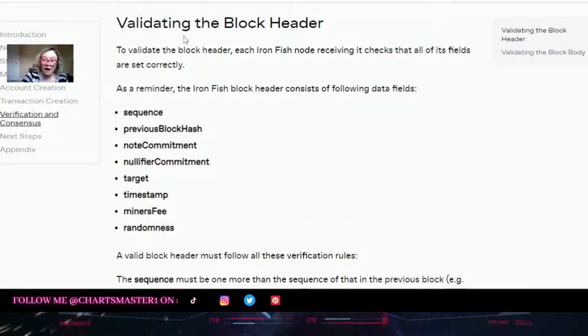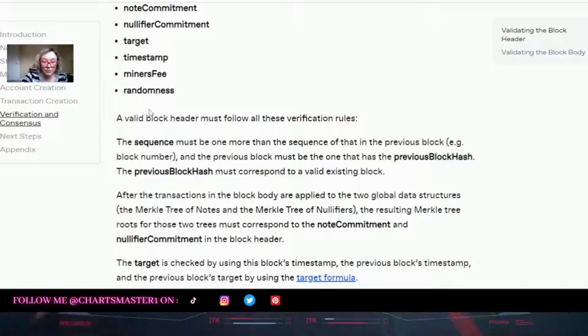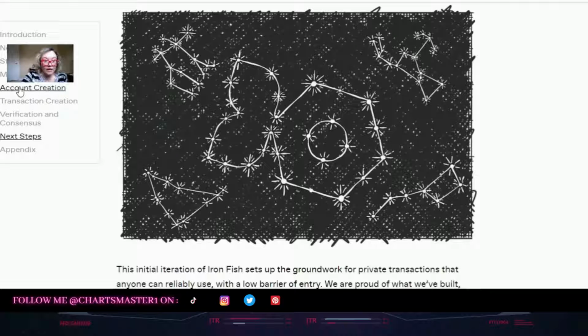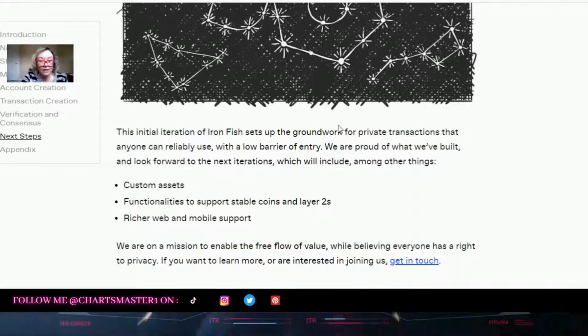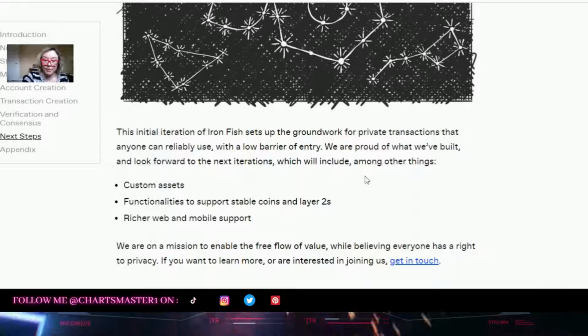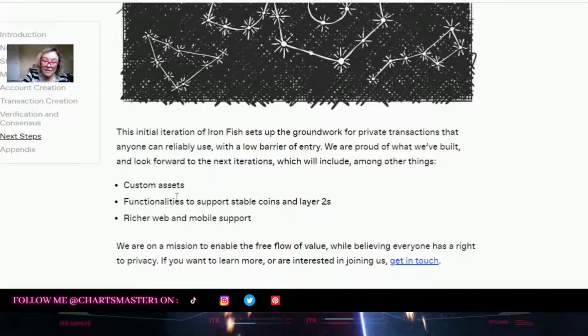So they have their certain sequence that they use to do this. So what are the next steps? After we have created an account, transaction creation, verification, consensus, and next steps, the initial iteration of Ironfish sets up the groundwork for private transactions that anyone can reliably use with a low barrier of entry. They are proud of what they've built and look forward to next iterations, which will include custom assets, functionalities